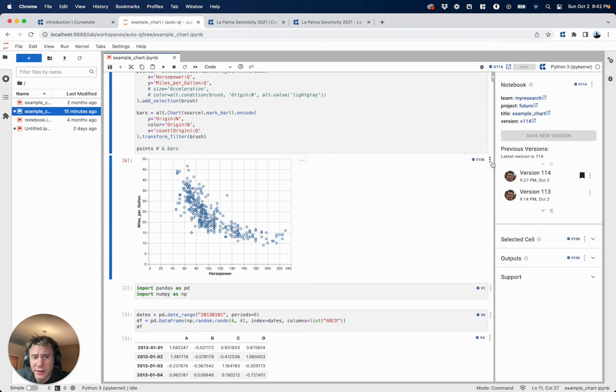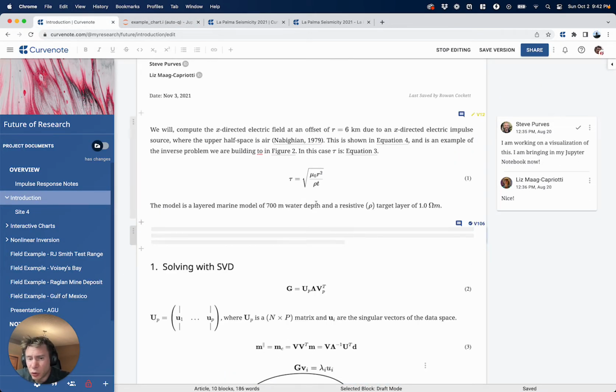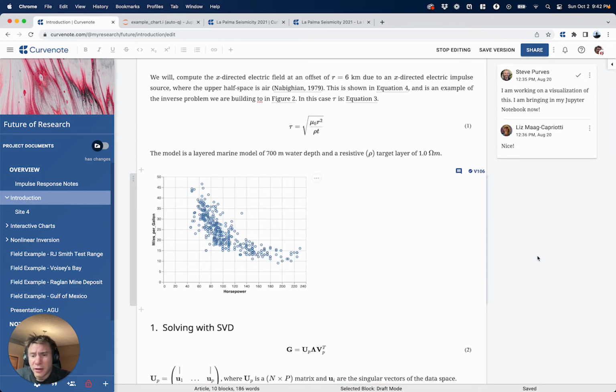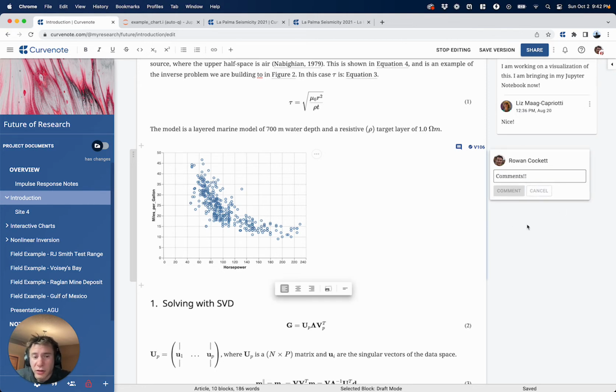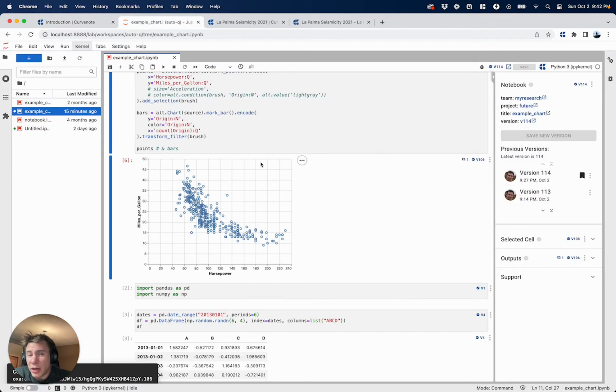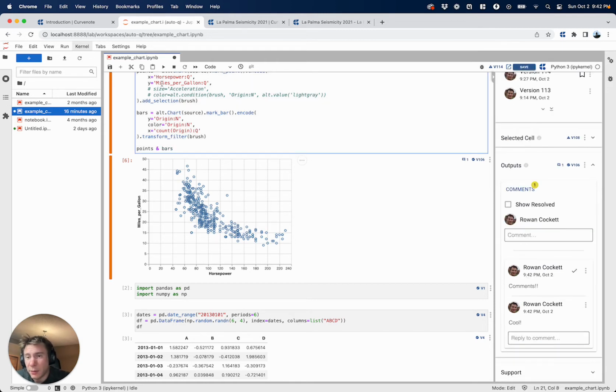With the Curvenote extension, you can directly copy a link to this output, come over to the article that you're writing and hit Command or Control V, depending on your platform. That now brings the interactive figure directly inline, and this is actually a reference to that figure. So things like comments and collaboration go from this article view, which is much friendlier, a what-you-see-is-what-you-get editor, all the way into the Jupyter Notebook. Those comments we can reply to over here,